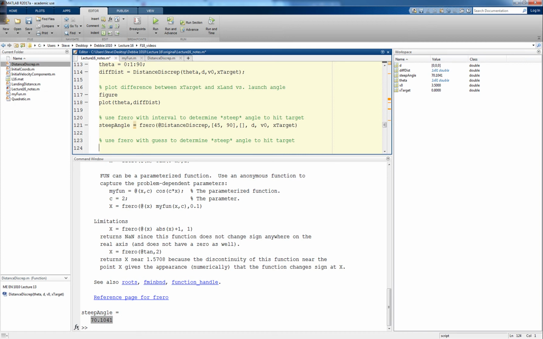Now, as we saw before, we can use the interval overloading, or we can make a guess. So let's comment this line of code out and convince ourselves that we could also call fzero with a guess and get the same answer. So steep angle is equal to fzero. Here's my function handle as the first input. Now I'm going to make a guess. We already know it's 70.1. Let's guess